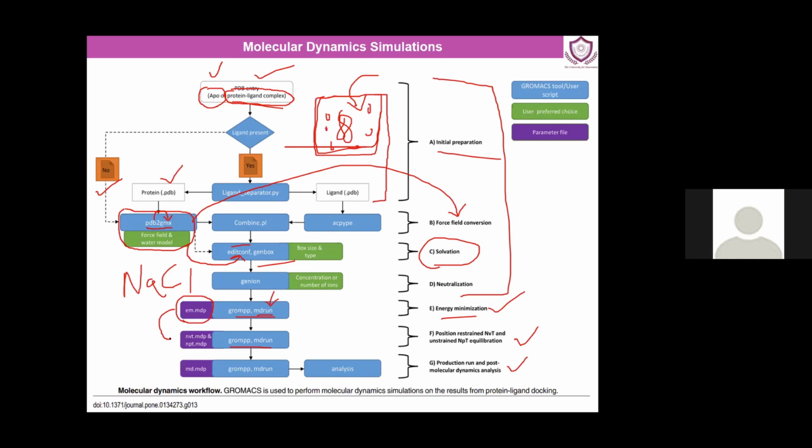So there are three important parameter files used over here. The first one is the energy minimization .mdp. EM stands for energy minimization. MDP stands for molecular dynamics parameter file. So this is a file which we need to input. Obviously, we don't need to worry about it. We have a default parameter file with us. But if you want to change some setting, you can obviously do that. You need to read the readme manual of that. So what are the different options available with us? And then after minimization, we have an